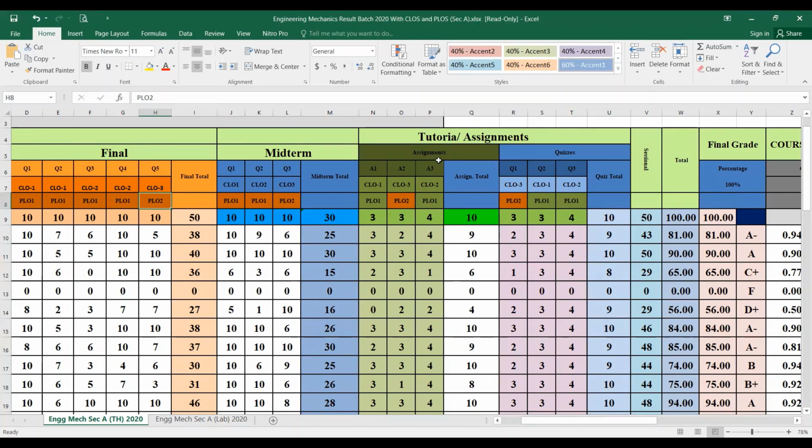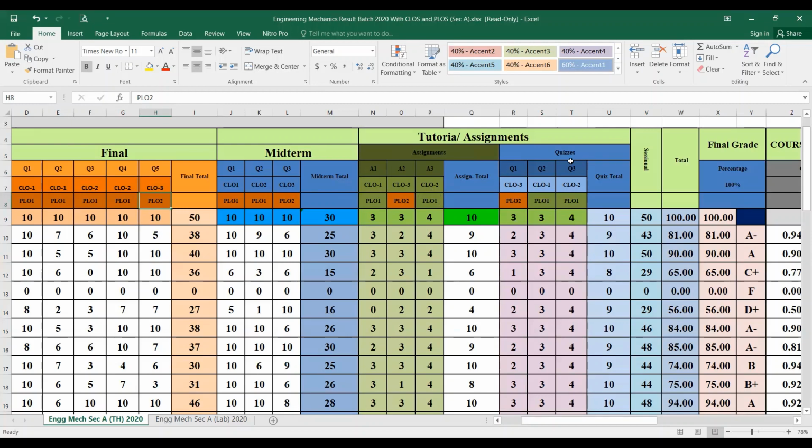What I have done, I have a total of assignments of 10 marks. So I have distributed these assignments like this. I have increased the weightage of the CLO2 because actually CLO2 was important. So it is of 4 marks, A2 assignment 3 marks and A1 3 marks. And you can see here these are not in the sequence, but it depends upon the requirement. If you wanted to make it in a sequence, you must go for the sequence CLO1, CLO2, CLO3. Whatever, CLO1 is mapped with PLO1, CLO3 mapped with PLO2, and CLO2 mapped with PLO1.